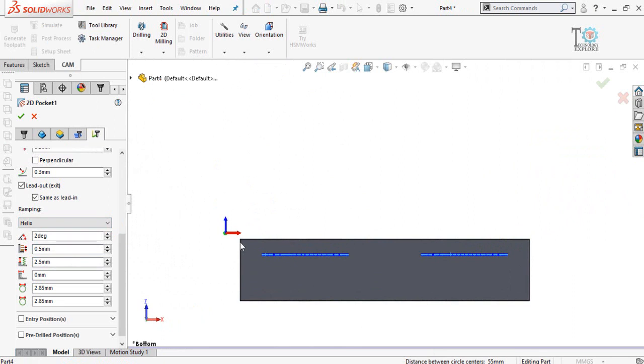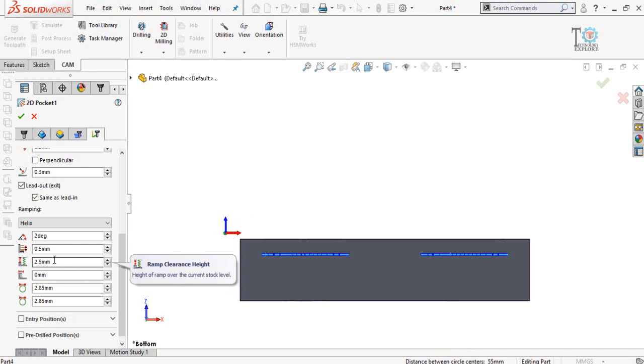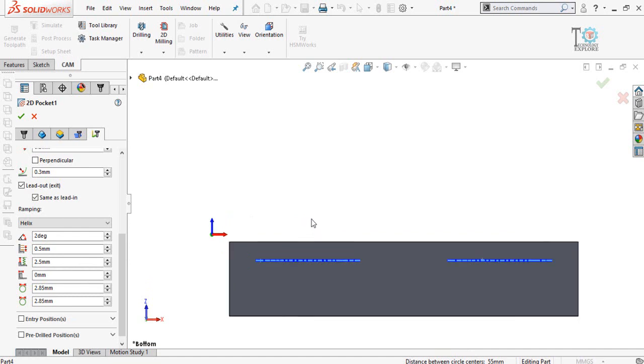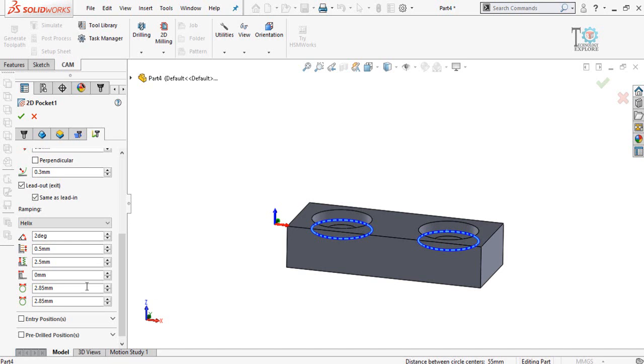the machine will start, this is the distance. So at this time as you can see it is 2.5 mm, so it means that machine will start ramping 2.5 mm away from the stock. So let's say it will start from here, let's say it's 2.5 mm. So I'm going to select 0.5 mm. Then this is the diameter of the helical ramp, it should be 6 millimeter.